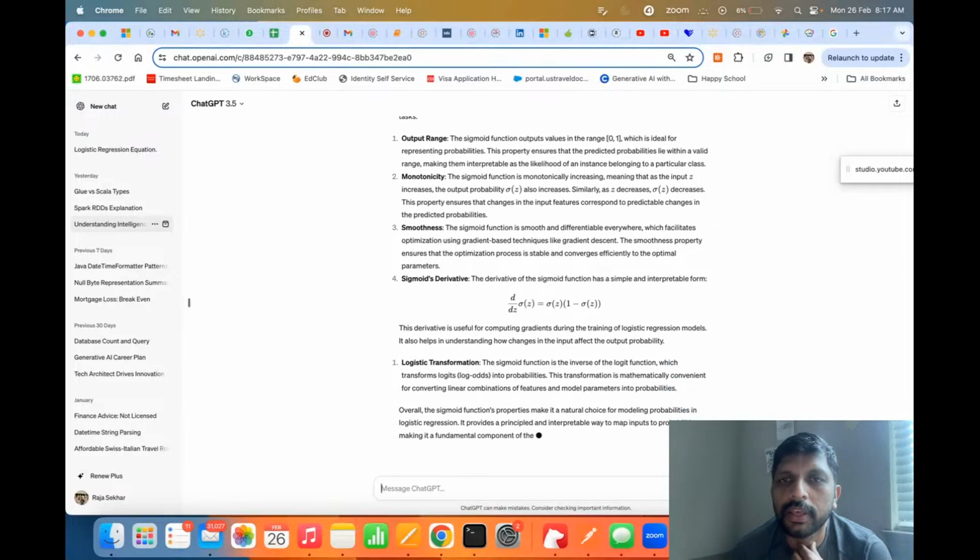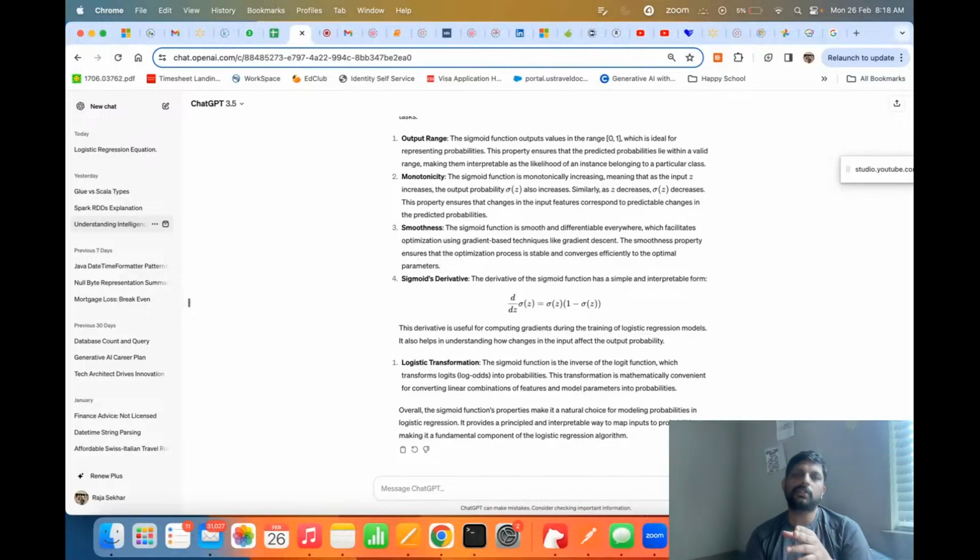Then monotonicity: it is monotonically increasing, meaning that as the input z increases, the output probability also increases, and similarly as z decreases. This property ensures that changes in the input features correspond to predictable changes in the output. The sigmoid function is also smooth and differentiable everywhere, which facilitates optimization. Sigmoid's derivative is